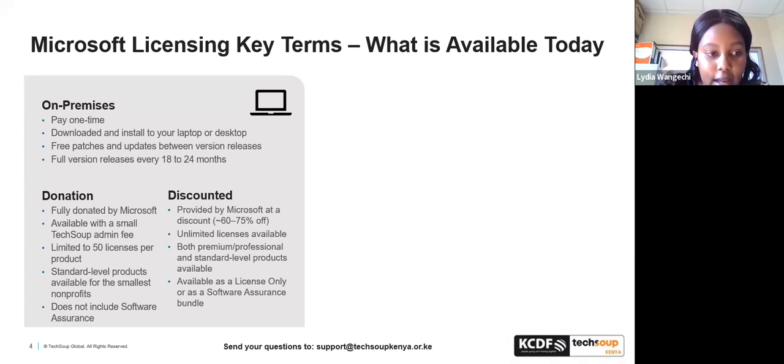In both of them, they have the administration fee, which, as I've said, in the donated is slightly cheaper, and in the discounted is a bit higher, but still less expensive than the market price. The discounted, as much as you make savings of 60 to 75%, we are still cheaper than the market price. Another key feature is that the donated is mostly standard level products for small to mid-sized nonprofits. So